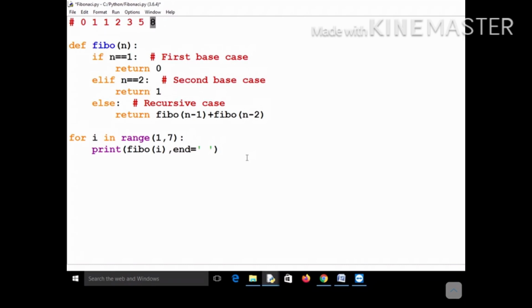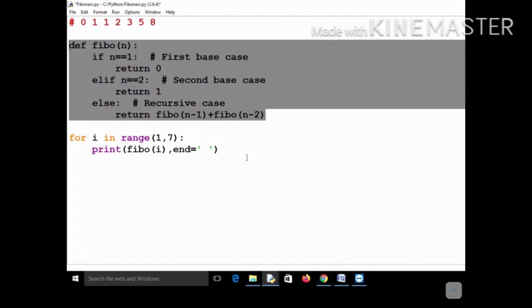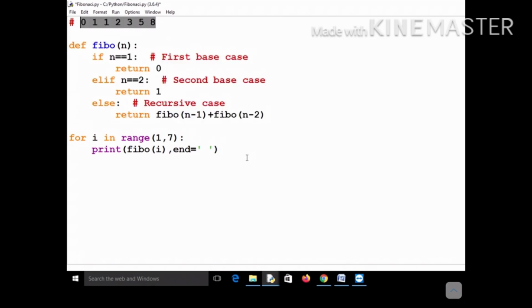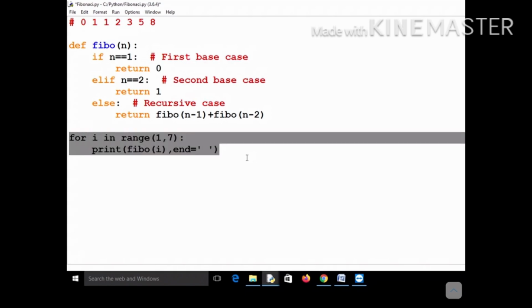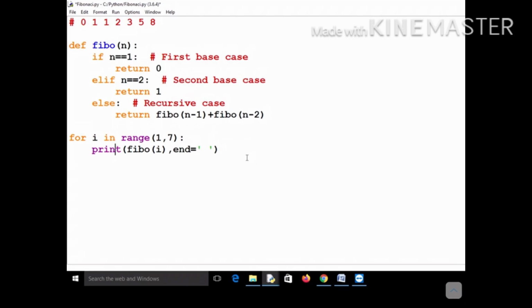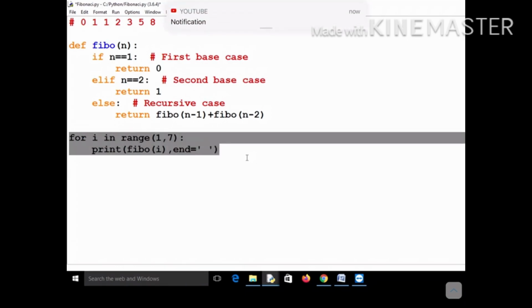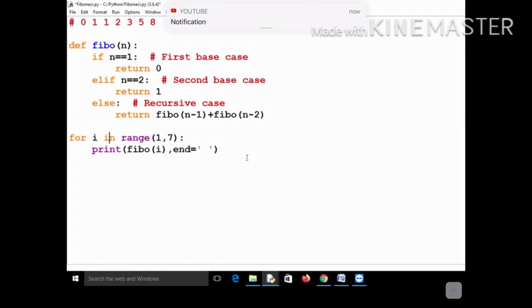So for computation of a particular term, I am using a recursive function, but for printing the entire series, I am using iteration, that is, a for loop. Otherwise, for the computation, I am using this recursive function FIBO.